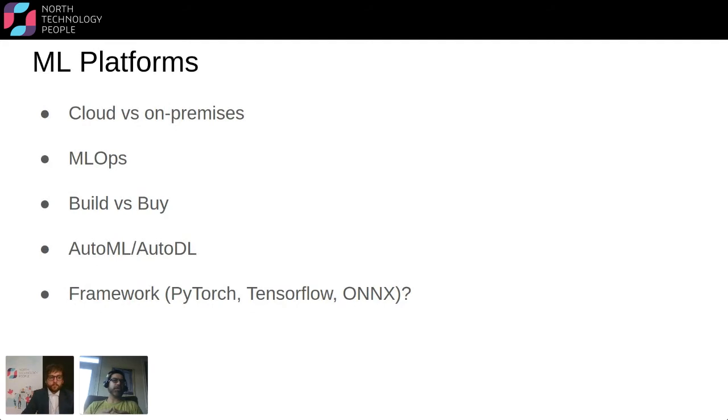So this is something that will die out, and you will see people not worrying too much about whether they should use TensorFlow or PyTorch or other frameworks in their development. So the ML platform issue is something that I feel will be addressed by this industry in the next 1 to 2 years, and has already been largely addressed. We have already seen hundreds of platforms available, and this will not be an issue going forward after a couple of years.